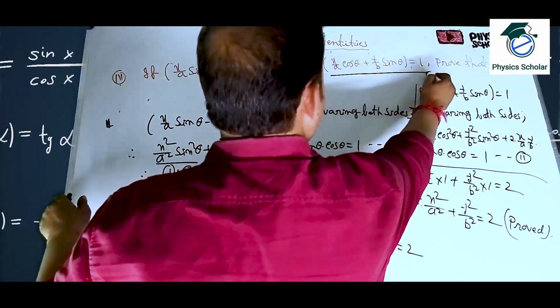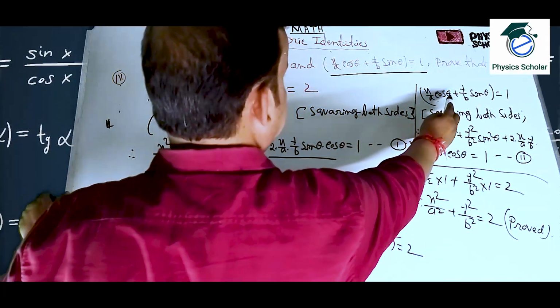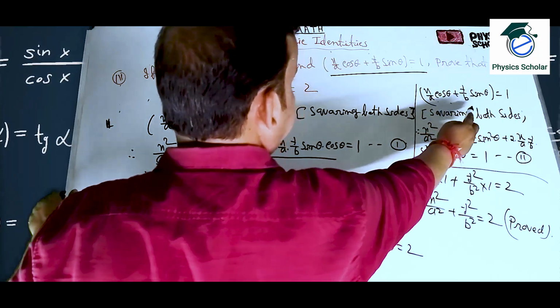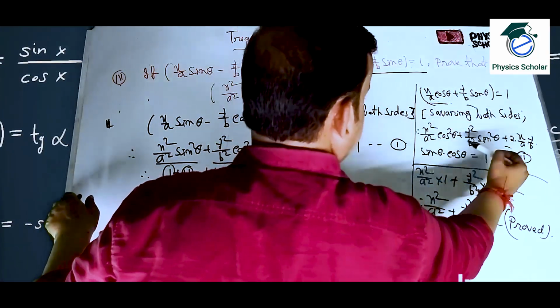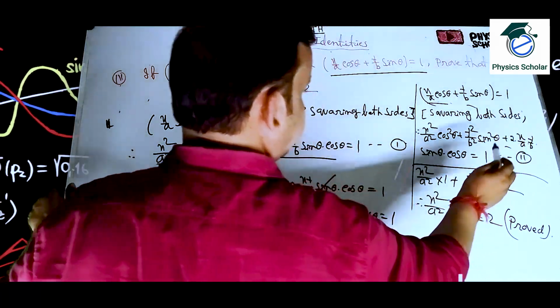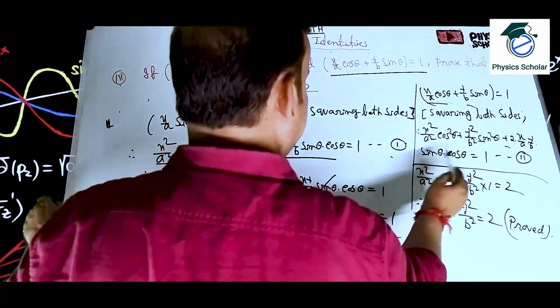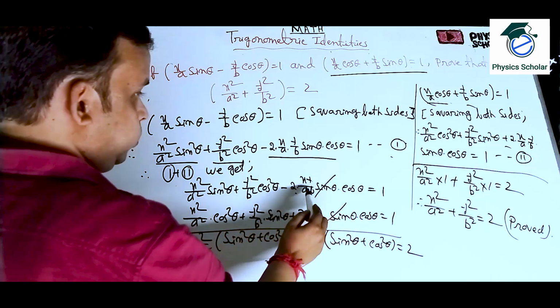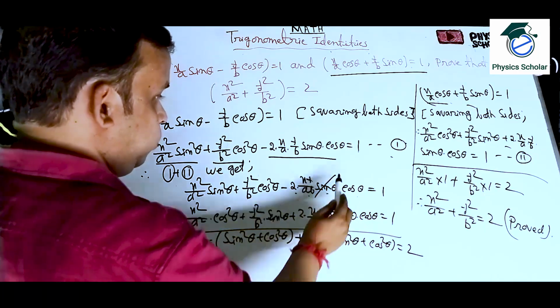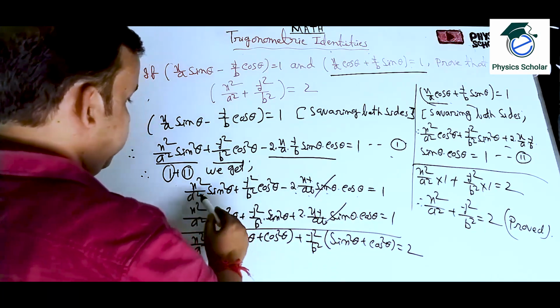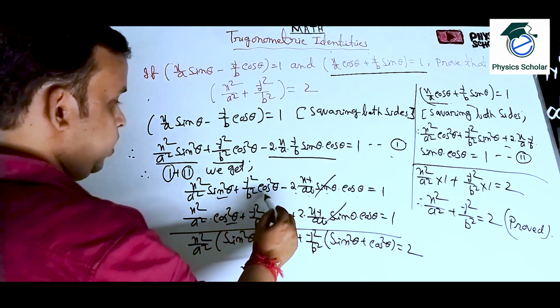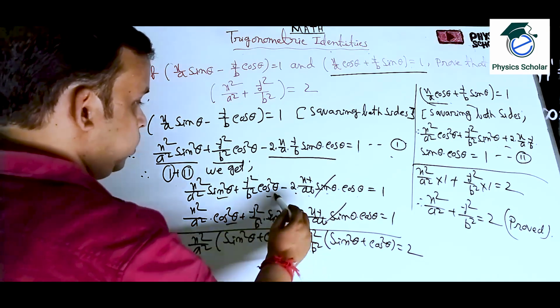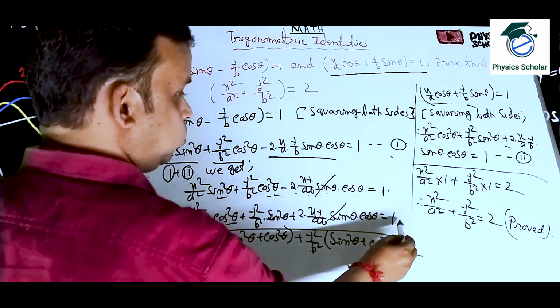Similarly for these terms, clear, x by a cos theta plus y by b sin theta is equal to 1. Clear? So squaring both the sides, it is what? a square plus b square plus 2ab, okay, is equal to 1. Clear? This is number 2 equation. So 1 plus 2 we get what? 2 into xy by ab into sin theta cos theta will be cancelled, okay, minus and plus, and here x square by a square common, so sin square theta plus cos square theta, and from here y square by b square common, sin square theta plus cos square theta is equal to 1 plus 1 means 2.